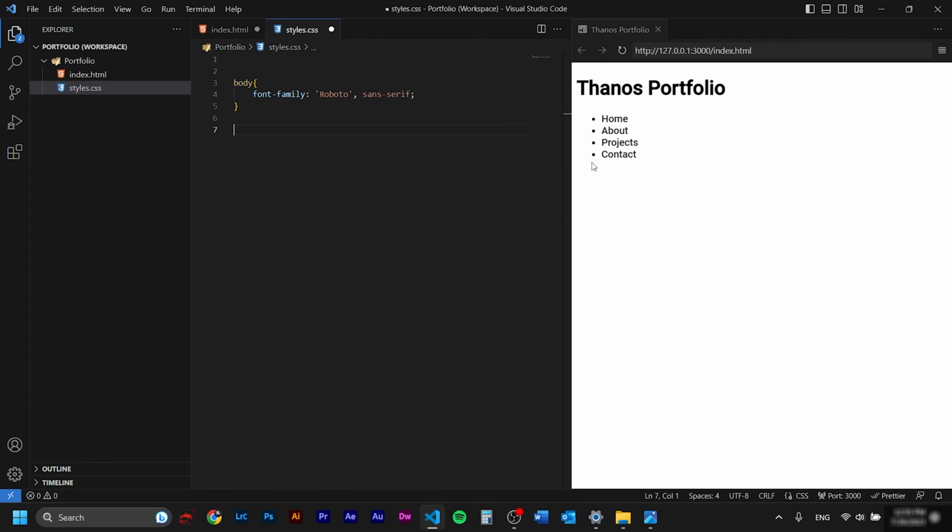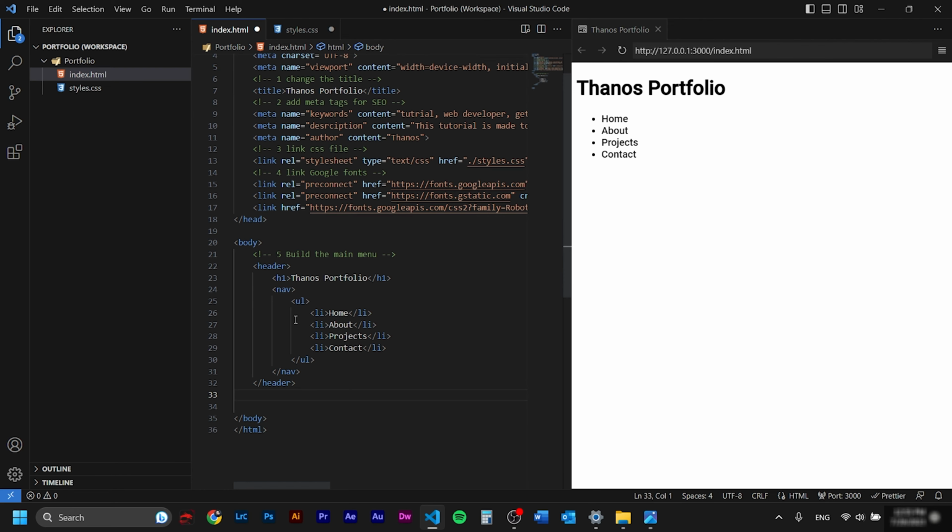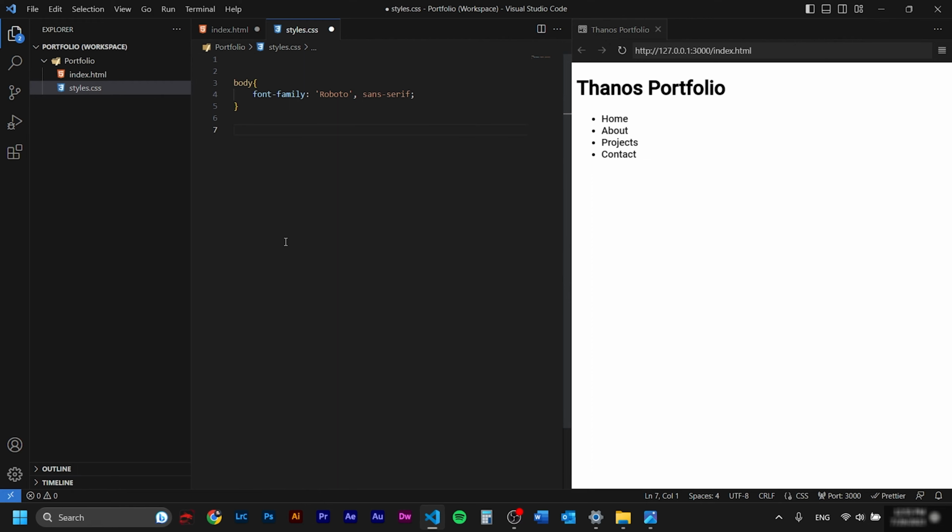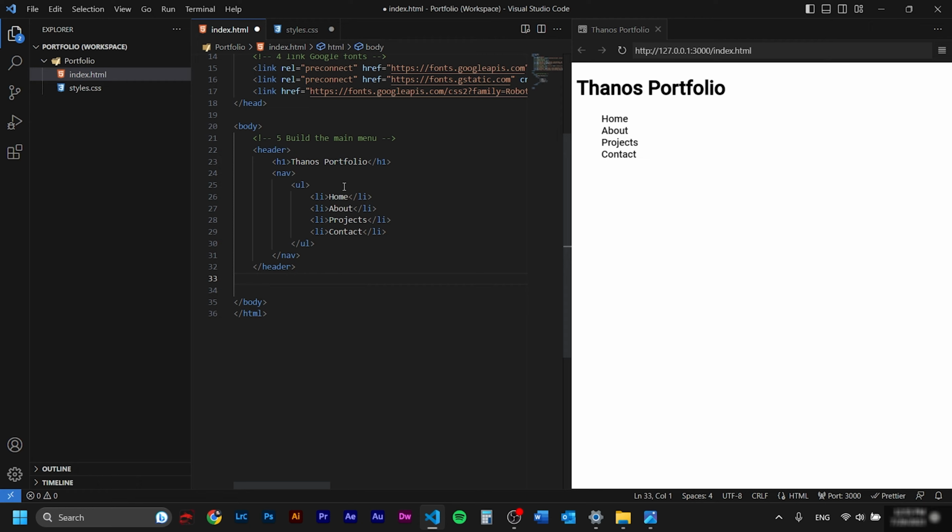The next thing is to get rid of these bullet points. Of course, this is a preset that's coming from the LI. The easiest way that everybody thinks about is to target the LI and write list-style equals none. The problem with this is that if for some reason you want to have something with bullets later on, it will make all the bullets disappear from down there as well.